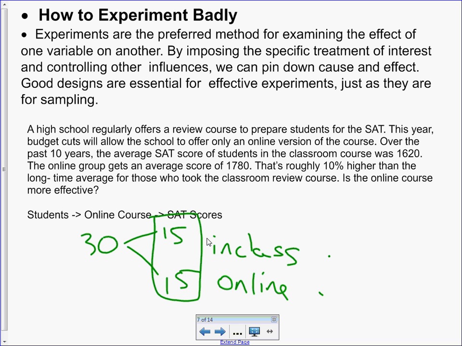But unless we actually impose the treatments randomly, we cannot say that the two are different. When we randomly select, we don't guarantee